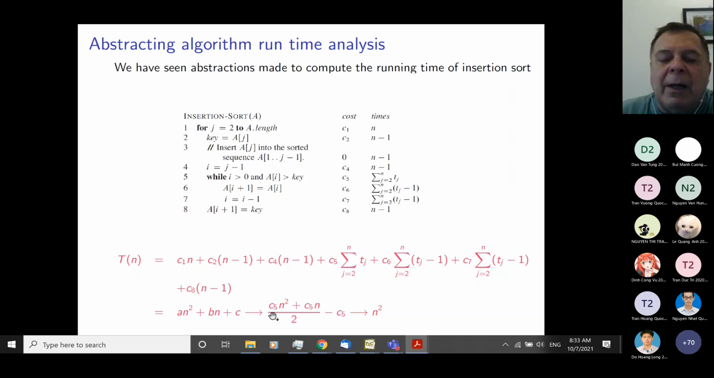So if we multiply C5 by some constant, we will get to A. If we multiply C5n by some other constant, we will get B. And if we multiply minus C5 or C5 here by some constant, we will get C. So the difference between the expression that describes the whole, how many